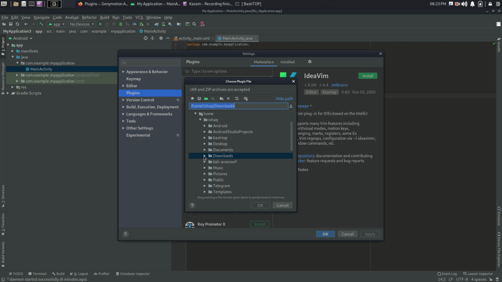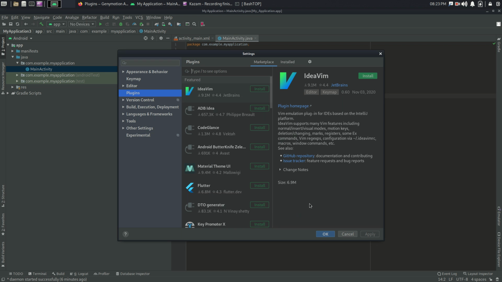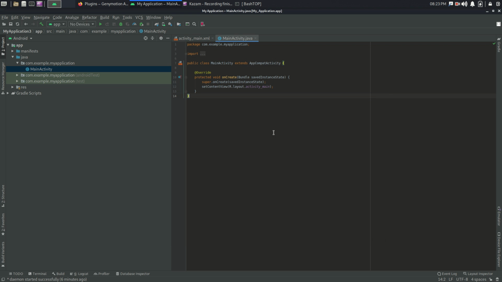I downloaded it in Downloads, Genymotion. Then hit OK and OK, and you will see this icon. If you didn't see this icon,